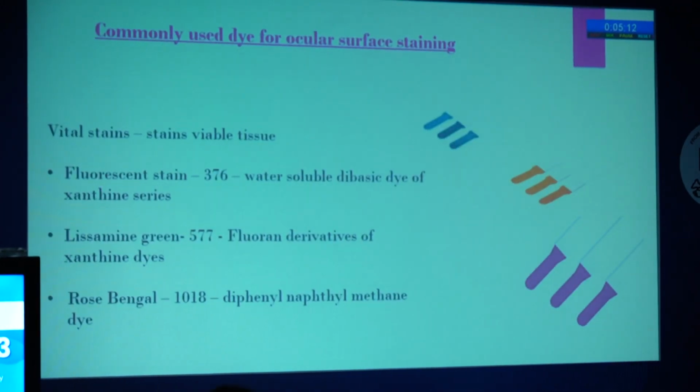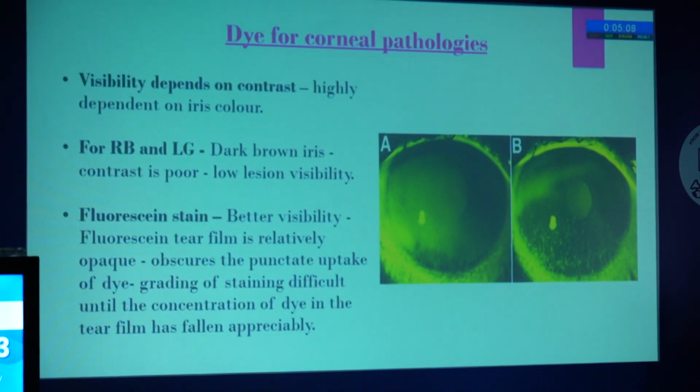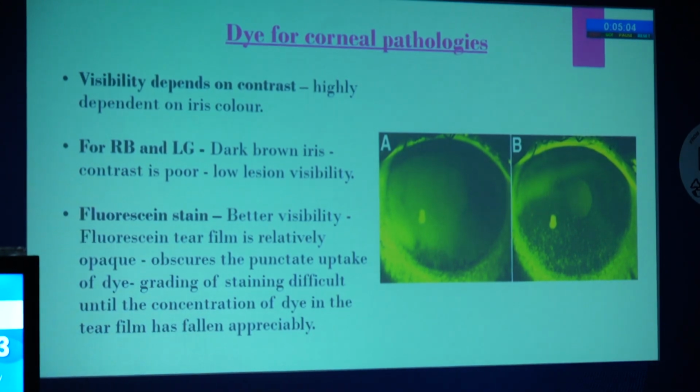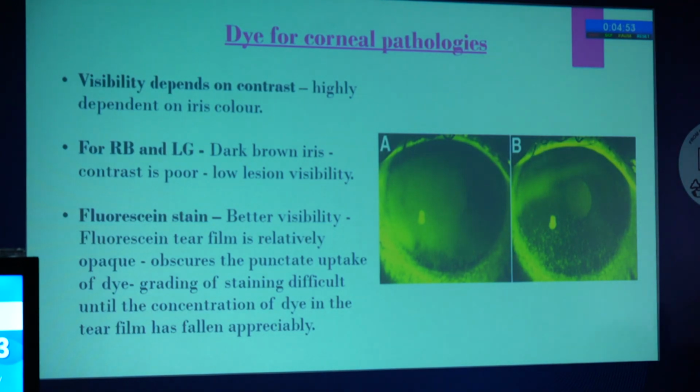Commonly we use one of these: fluorescein, Lissamine green or rose bengal. If we talk about visibility of corneal pathology, we need a dye which can be easily seen against the dark brown iris. So the obvious choice here is fluorescein, but a fluorescein dye, especially if used in higher concentration, tends to form an opaque tear film. So if you want to examine punctate staining, we need to wait for a while and let the dye concentration